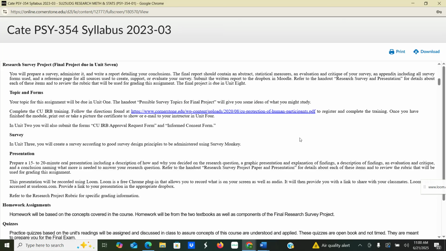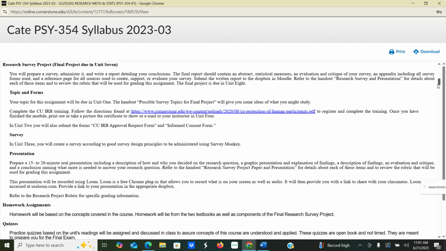So you should be well equipped to complete that final project, and it'll be cumulative through the course with a variety of things that you're doing, along with discussion board posts and quizzes on a weekly basis, which are the main components of this course. So in the first unit, you'll be picking your topic.